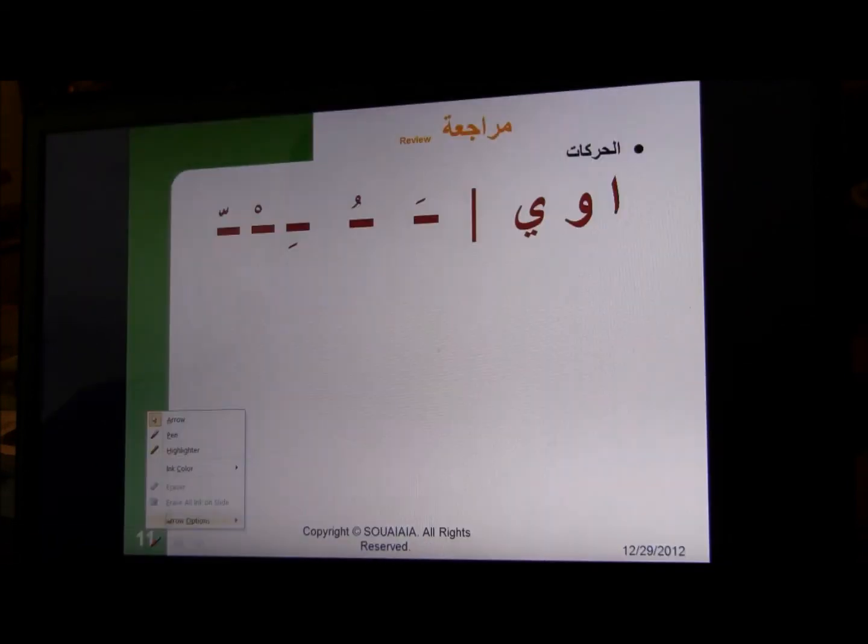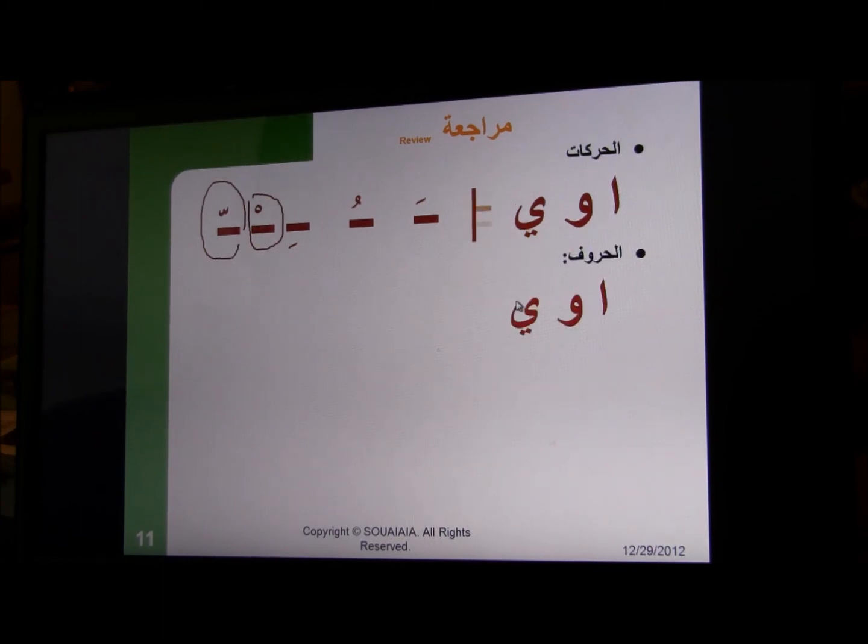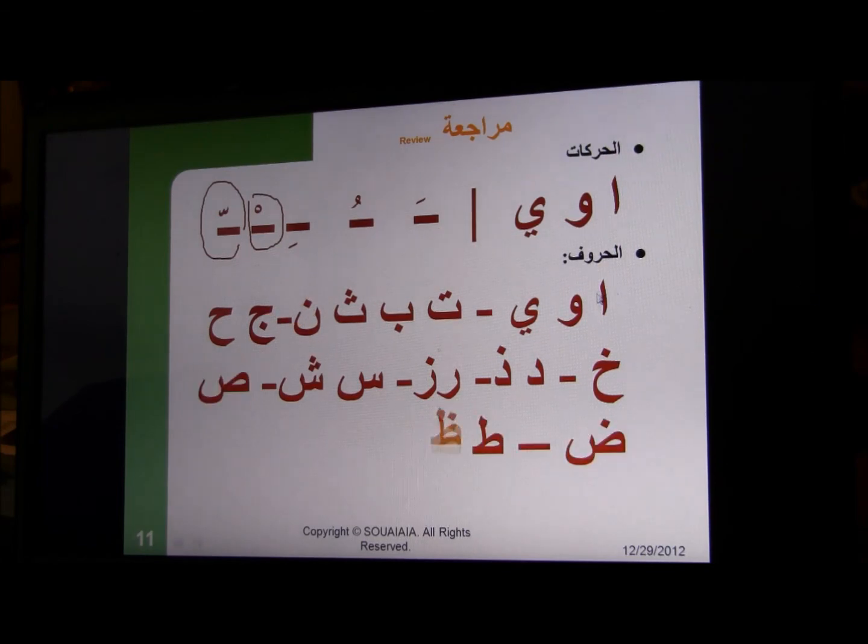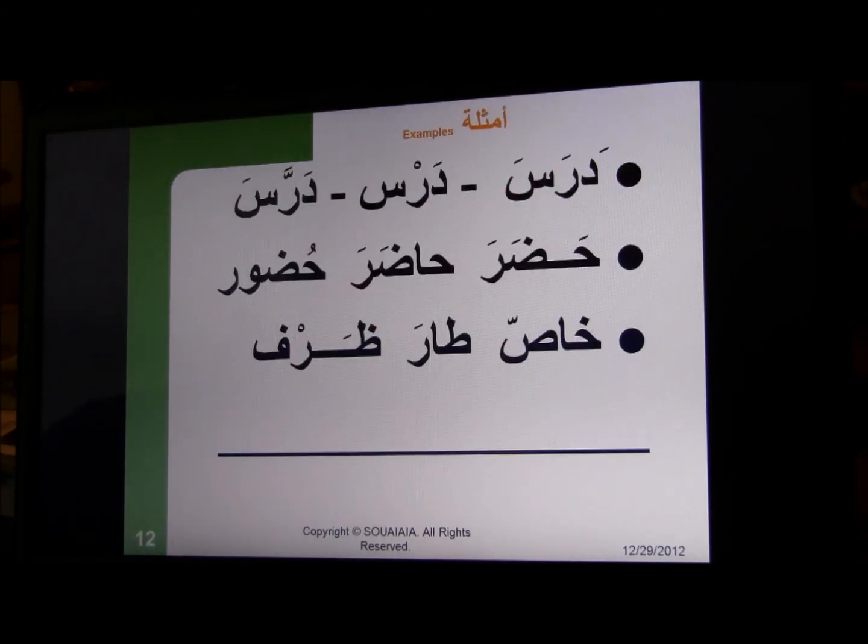Okay, so this review starts with the long vowels, a, u, e, and then we've seen the sukun, which is a pause, and the stress, shadda, everything. Then in terms of the consonants, we've seen also letters to learn, but let's just look at some examples. Here are some words. So, darasa, you can see short vowels, and these letters. Darasa,